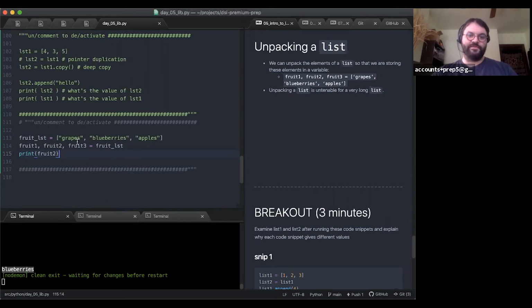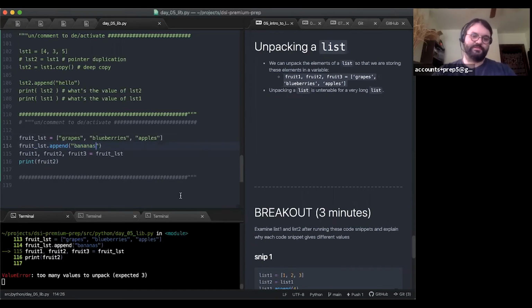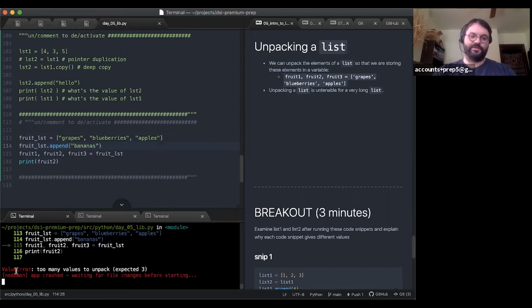So this works if you know the size of the list, but if you do something like fruit list dot append bananas, anybody guess what's going to happen? Value error, too many values to unpack. It expected 3 because I said fruit 1, fruit 2, and fruit 3, but there were 4 elements in the list.